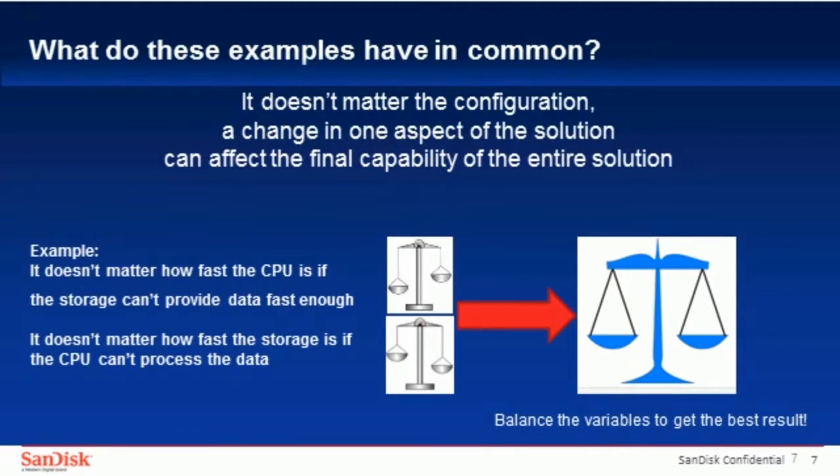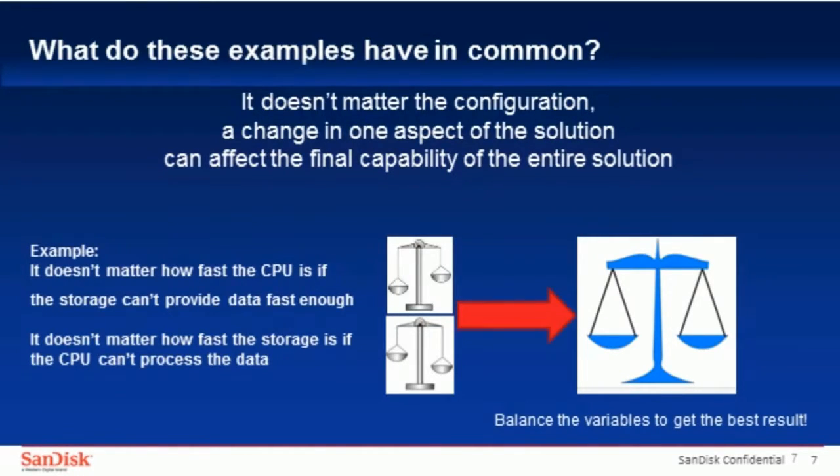It doesn't matter how fast your CPU is if the storage can't provide the data fast enough. It doesn't matter how fast the storage is if the CPU can't process the data. It's all about a balancing act. One thing going too fast may create a bottleneck somewhere else, but if the bottleneck can't be fixed, the wait